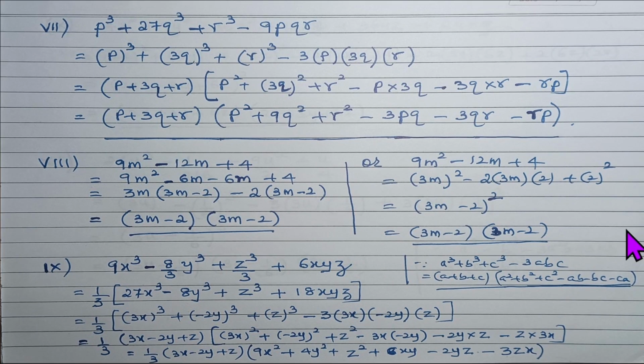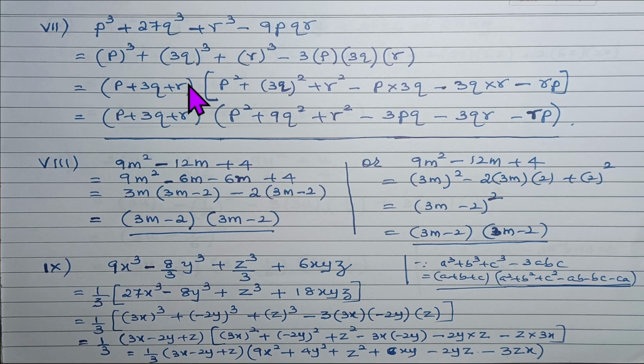Now coming to the next example, that is p cube plus 27q cube plus r cube minus 9pqr. So if you observe here, the first three terms are cube terms, p cube, (3q) whole cube, plus r cube. That means it is of the form a cube plus b cube plus c cube minus 3abc. And therefore we can use the identity a cube plus b cube plus c cube minus 3abc is equal to (a plus b plus c) in the bracket (a square plus b square plus c square minus ab minus bc minus ca). So using this identity, I can put it here, p plus 3q plus r,